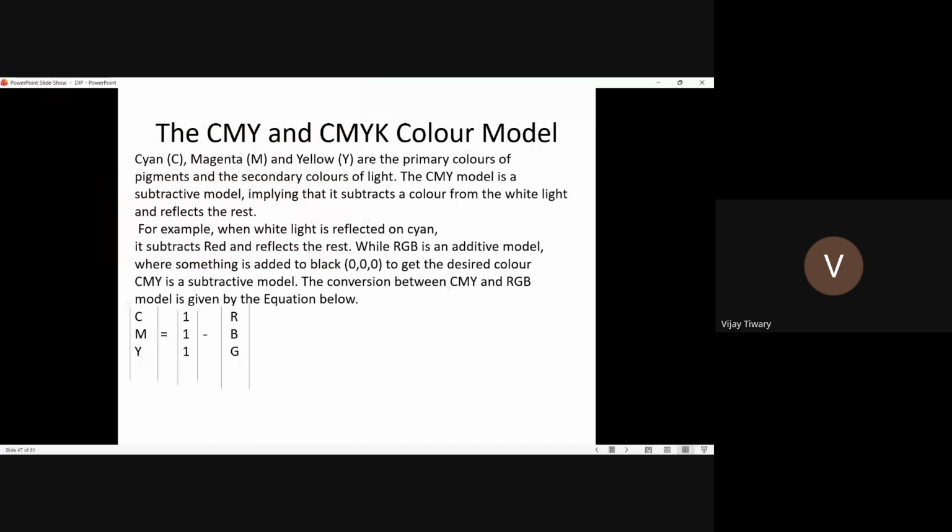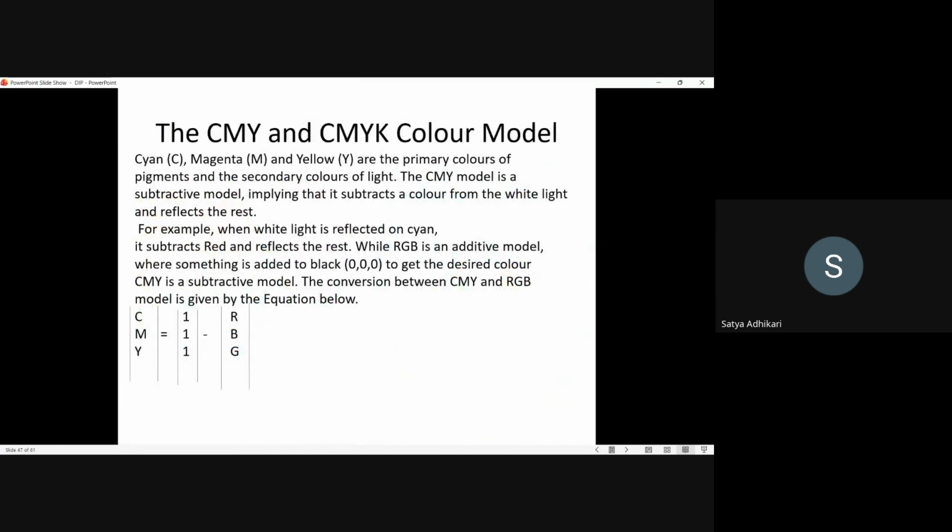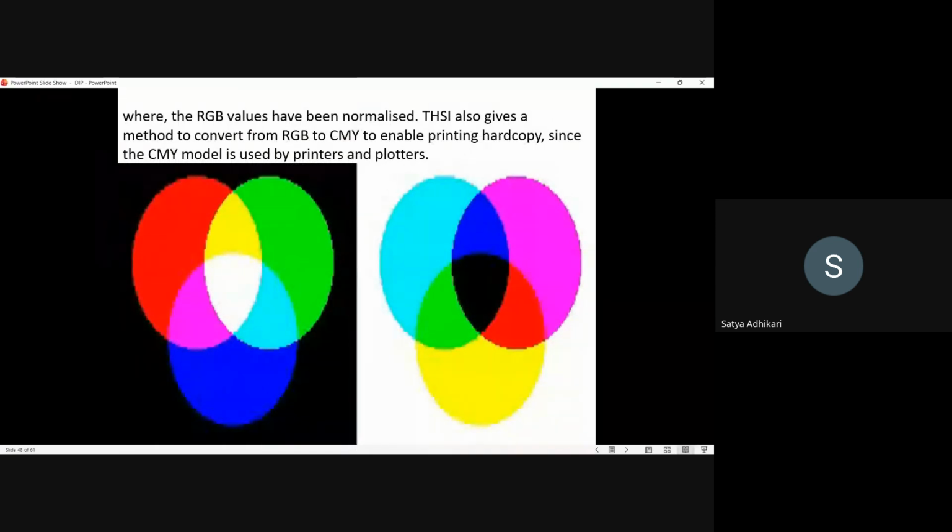And what is the 1 here? White. Yes, the white component, from which red is subtracted, and 1 is white. You will find this, and you will be more clear. You see the picture